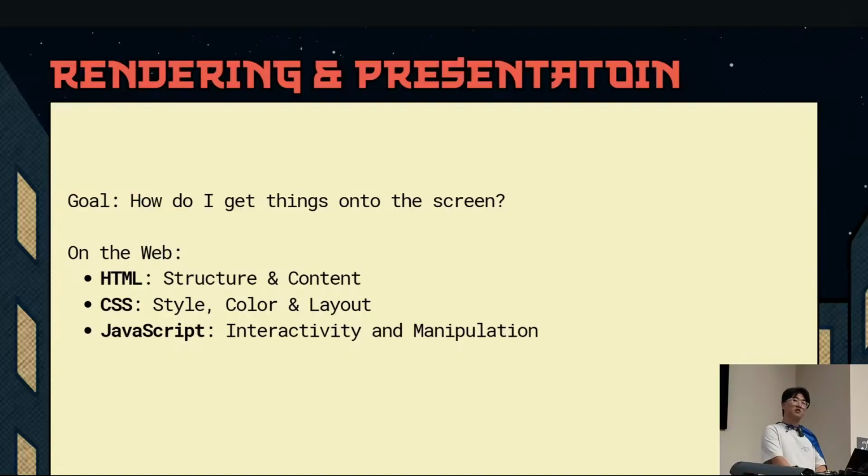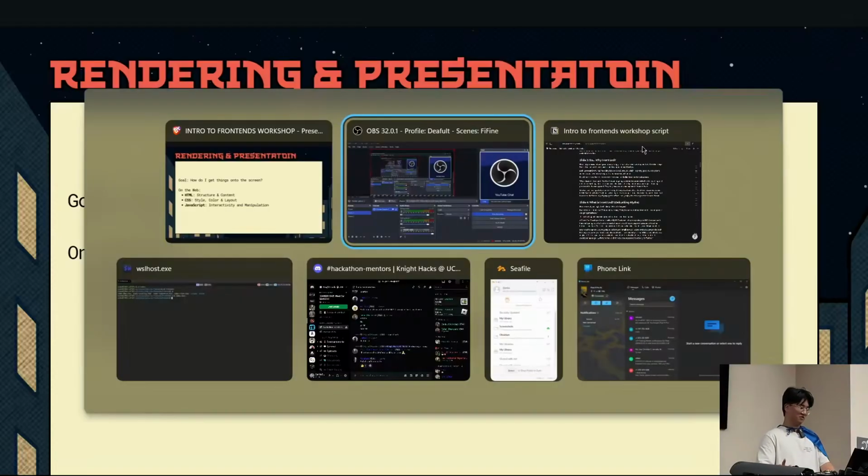the browser, we have three tools in our hand to start with, which is HTML, which is the structure, content, and then CSS, the styling, and then JavaScript, which wrangles all of them together, allows you to interact and manipulate all the data that is on it. To give an example, throughout the whole workshop, I'm actually going to build a simple to-do app with the HTML, CSS, and JavaScript. So the first thing I'm going to show here is I'm going to